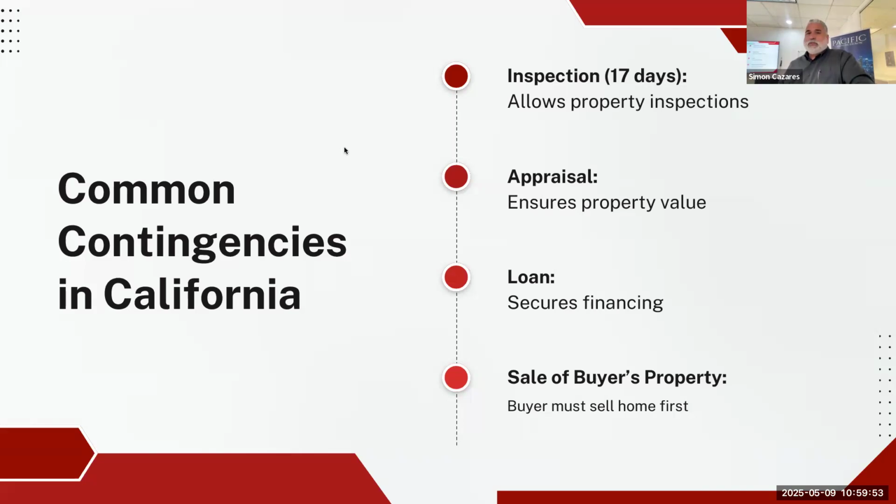Loan as well, too. Loan. Back in the days, loan was 21 days. Now it's 17 days, right? Is it 21 days or 17? 17 days, right? Yeah, I have my backwards. It used to be 21 days where you had the ability to release loan contingencies. Now the loan contingency is within 17 days.